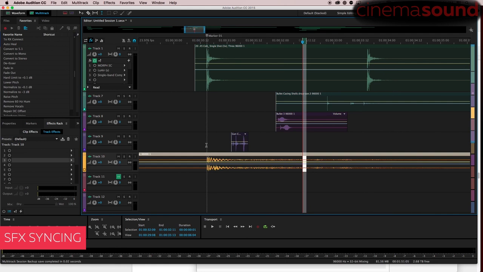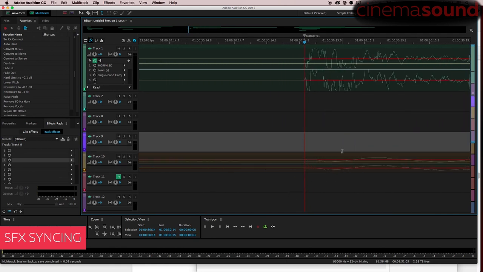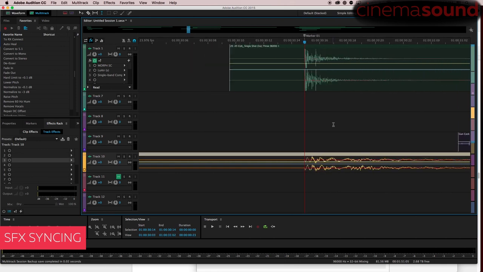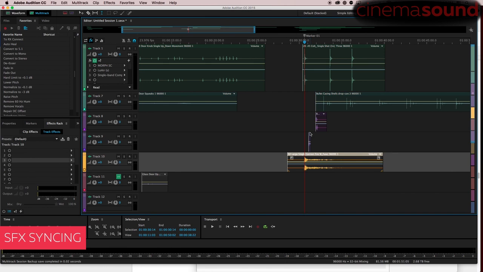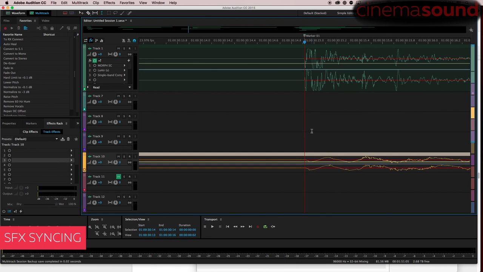But the minute we zoom in closer, we can see that we're not quite there. Very, very close. We probably want to be something like this. So we use the waveforms and the zoom to make these sync decisions rather than just being out here. Now, would it matter if you were a few milliseconds off? Well, probably not. But if you're not perfectly in sync, or within a millisecond or so,